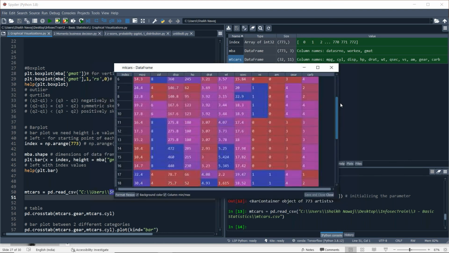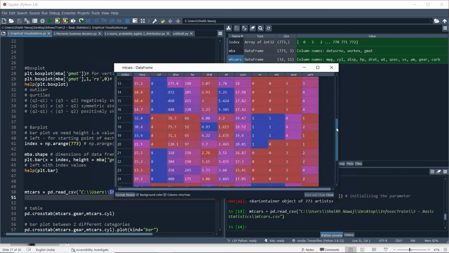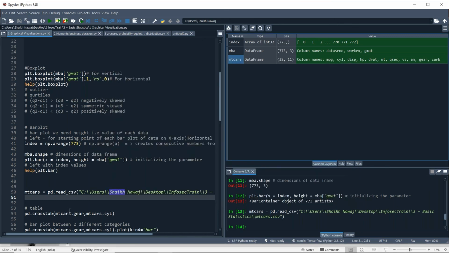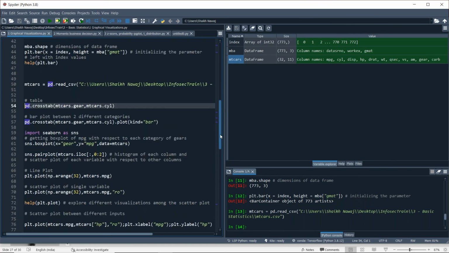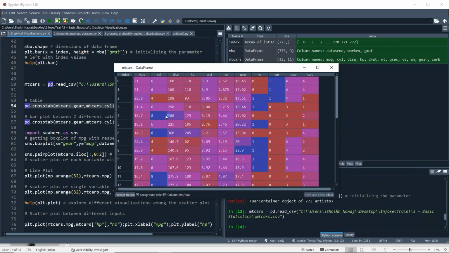To analyze this data, we can plot multiple plots, like cross table, box plot, pair plot, and scatter plot as well, because all the data here is numeric.